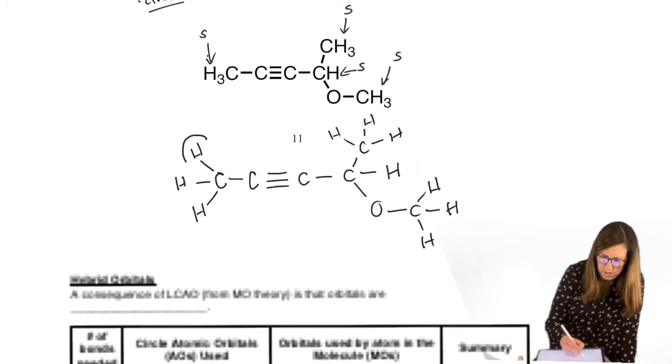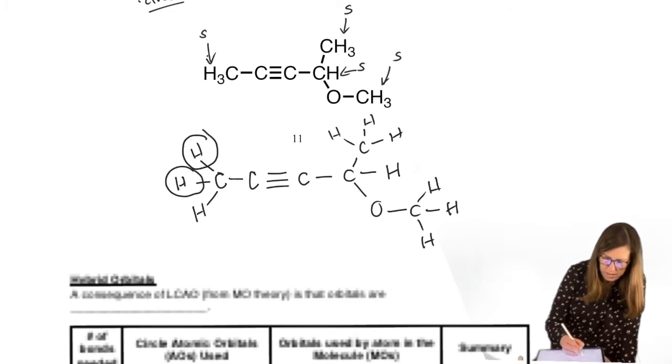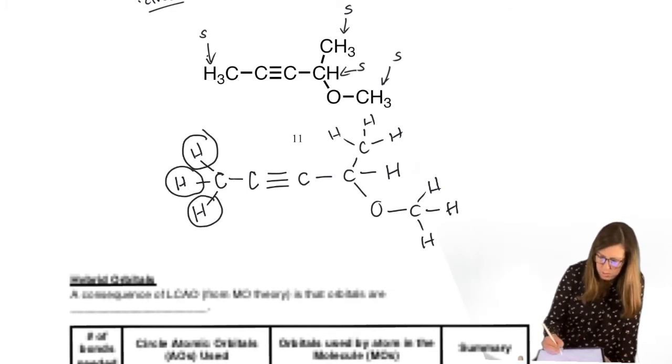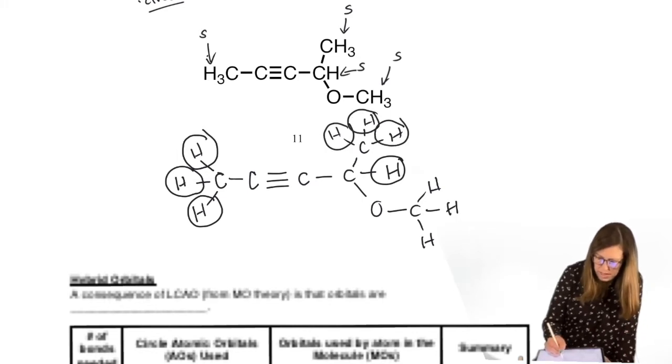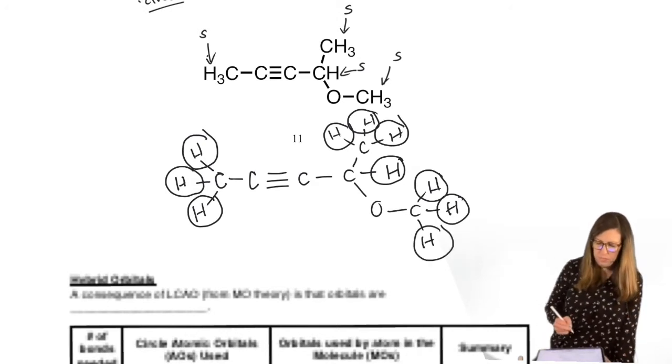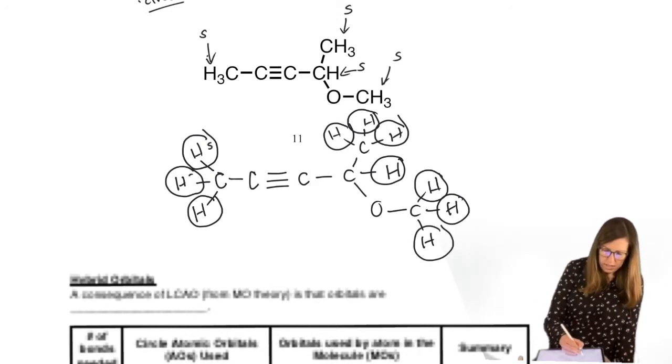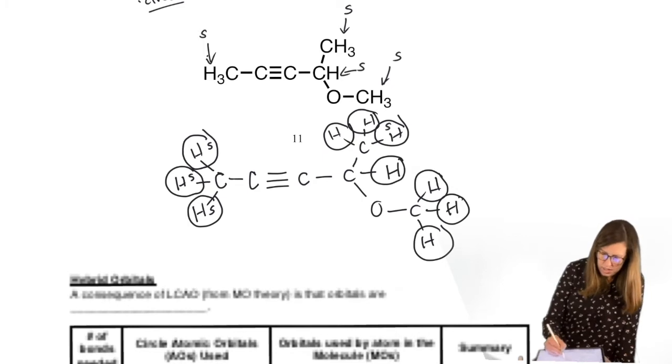Okay, now let's draw on those s orbitals and let them take up about half the space on the bond, because we're going to let them overlap with an orbital from carbon. Remember, there's end-to-end overlap, and hydrogen always uses s orbitals. So we can label that s, s, s. Everywhere, we're going to label our s orbitals.